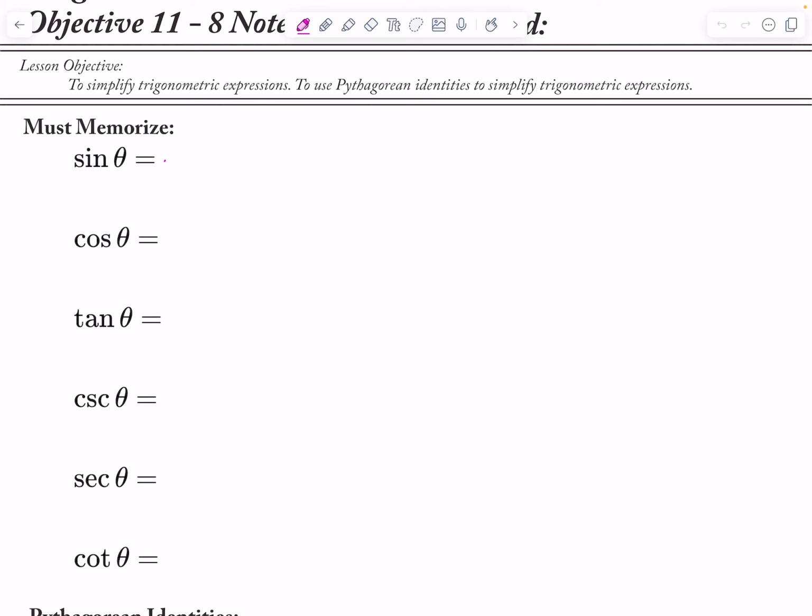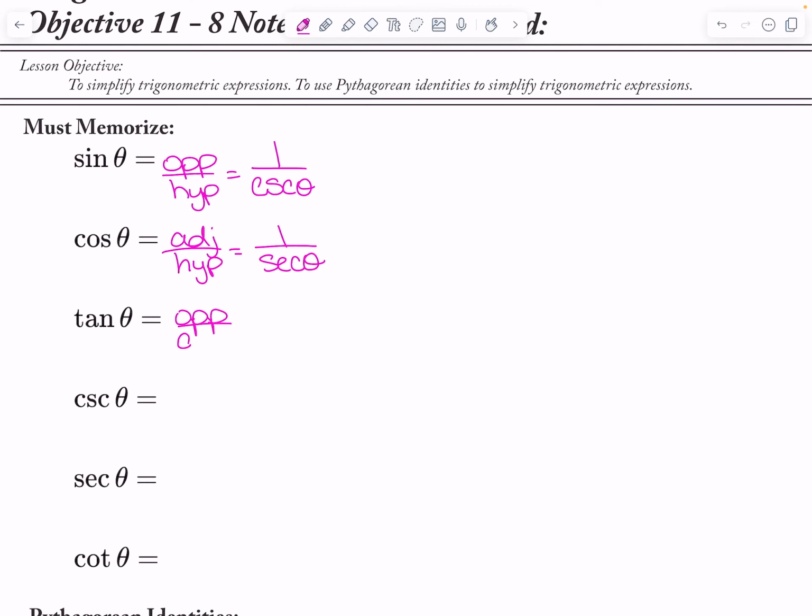So we know that sine is opposite over hypotenuse, which we could also say is 1 over cosecant, because remember that cosecant is 1 over sine. So I could always invert that and use that to help me simplify. Cosine is adjacent over hypotenuse, so that also means that I could go 1 over secant. Tangent is opposite over adjacent, so that is also, as we talked about before, sine over cosine, which I could also say